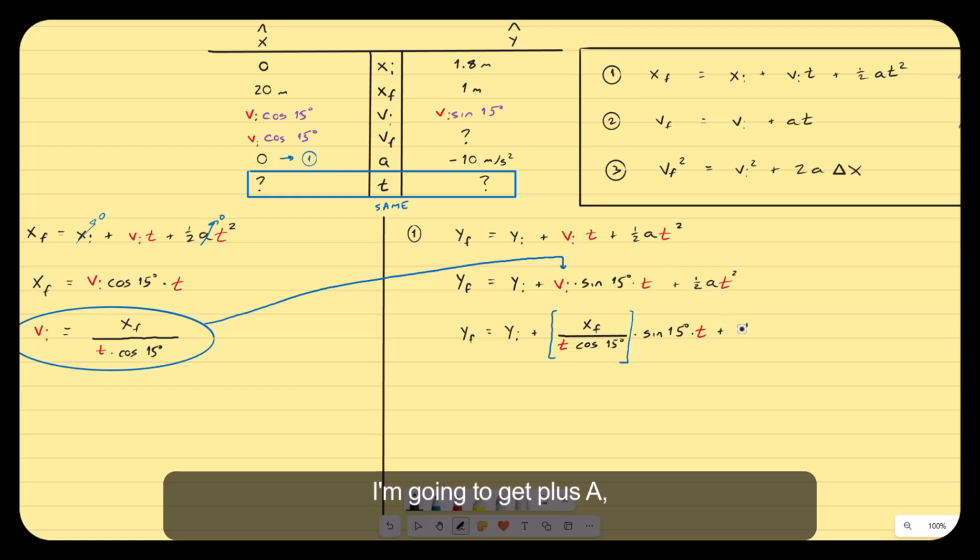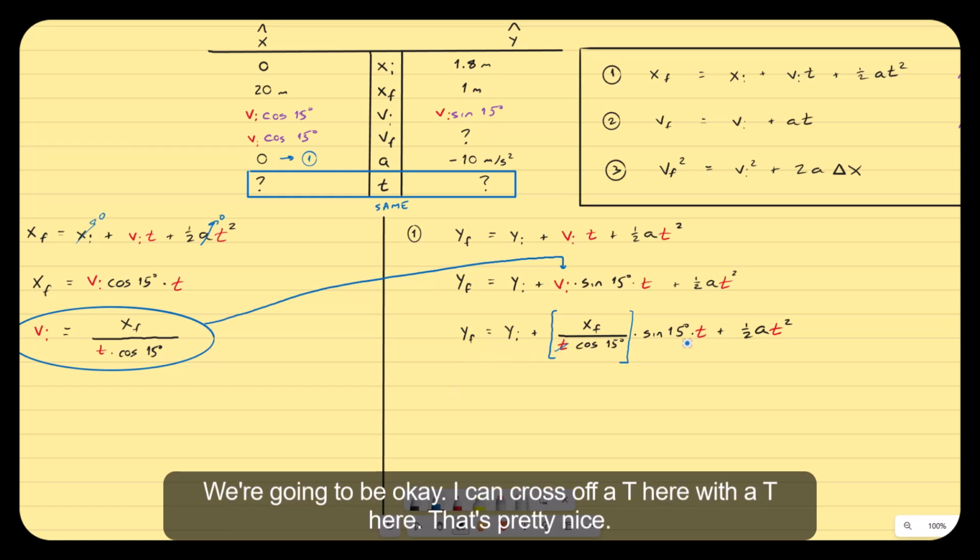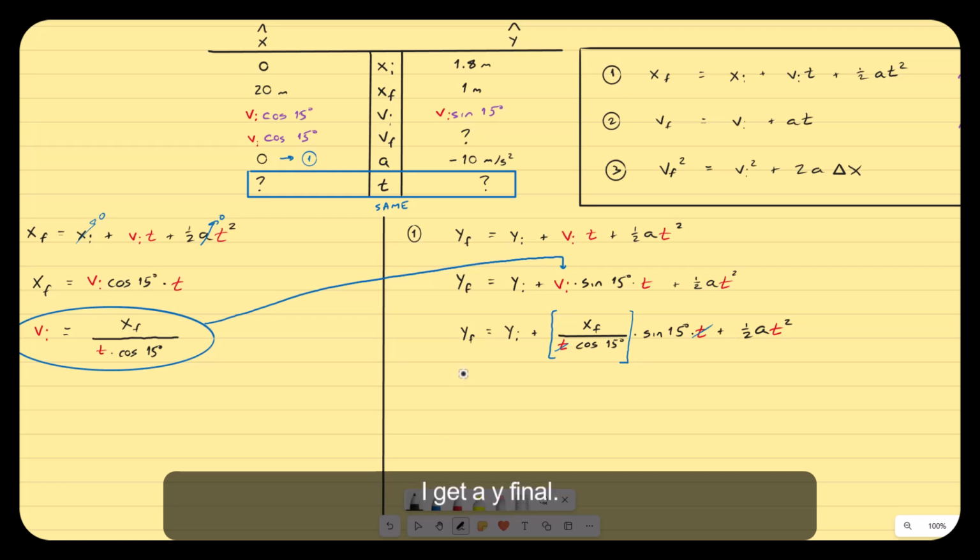I'm going to get plus half a t squared. A little bit ugly, but we're going to be okay. I can cross off a t here with a t here. That's pretty nice. I get y final equals y initial